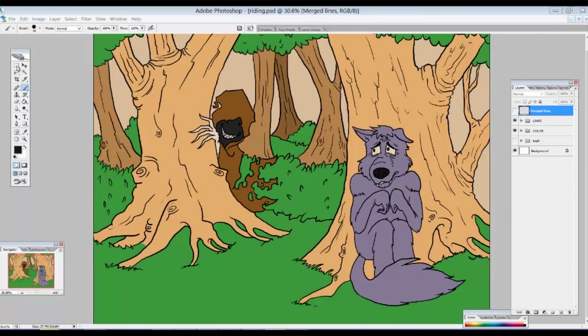But I've discovered that the more effort you put into backgrounds, the more you realize that they are the most important aspect of your entire drawing. Although you're telling a story with your characters, for example, here we are telling a story with this